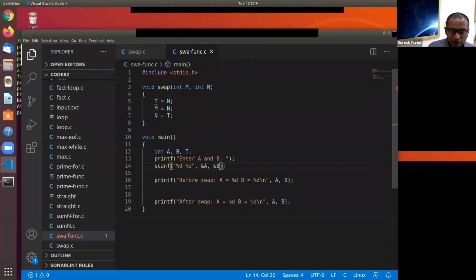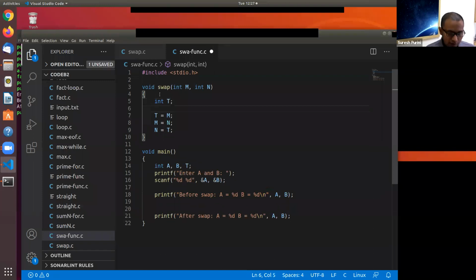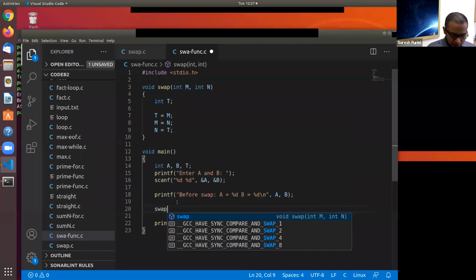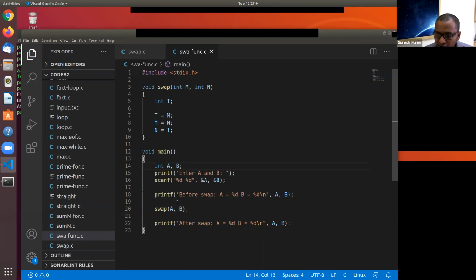Yeah, so T is not declared. Otherwise, I didn't get your question. And then here we call the swap function: swap A, comma B. Did we talk about the scope of variables? What is the scope of the variables A and B?